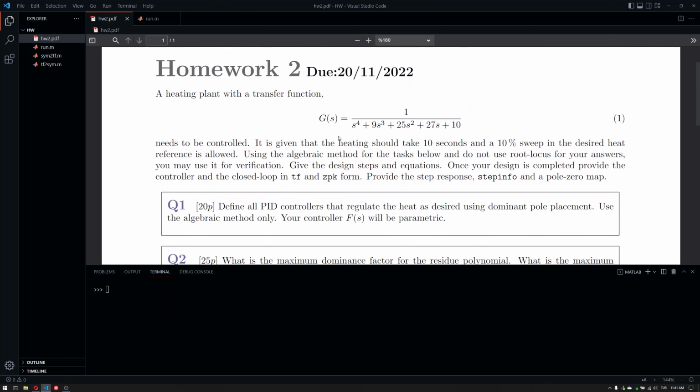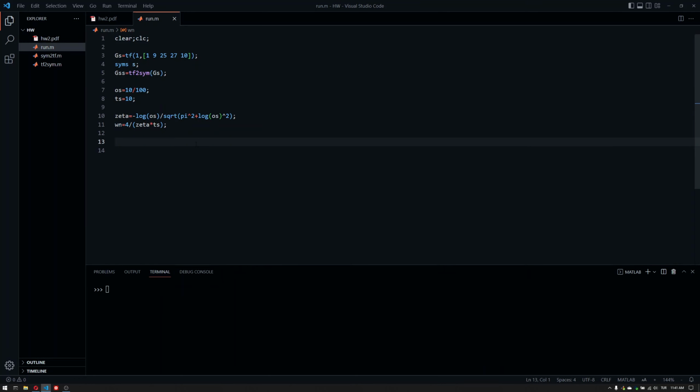So let's start with the PID controller. I have already prepared the necessary definitions here. We have the transfer function. We convert it into a symbolic expression. We have the overshoot, settling time, the zeta and omega n values, and that's basically it. Now,